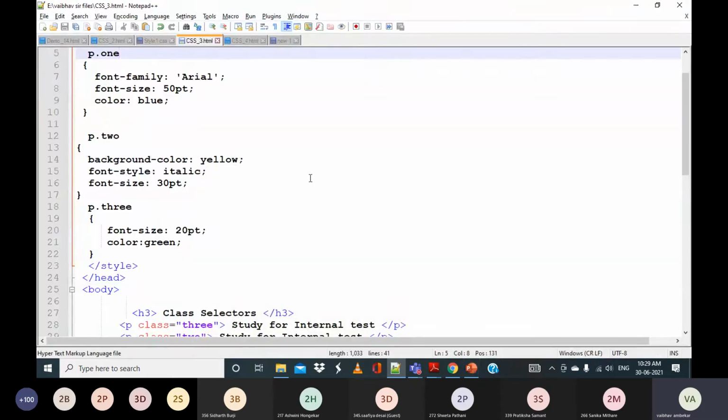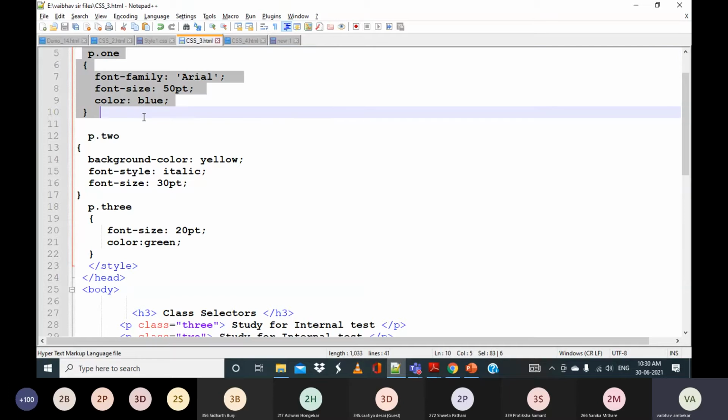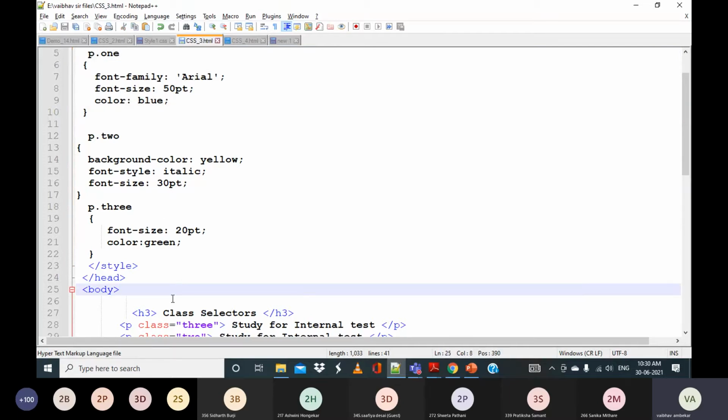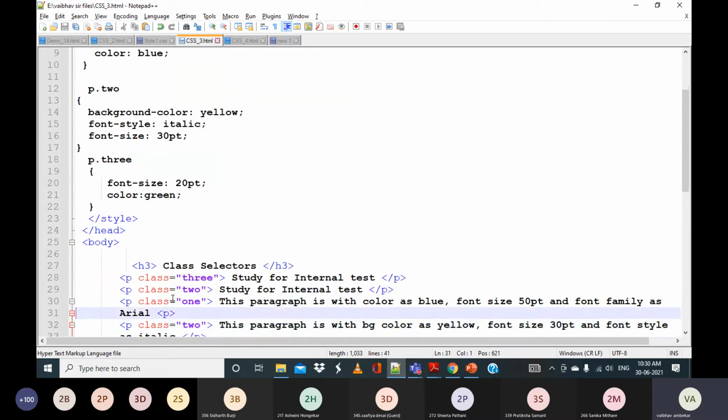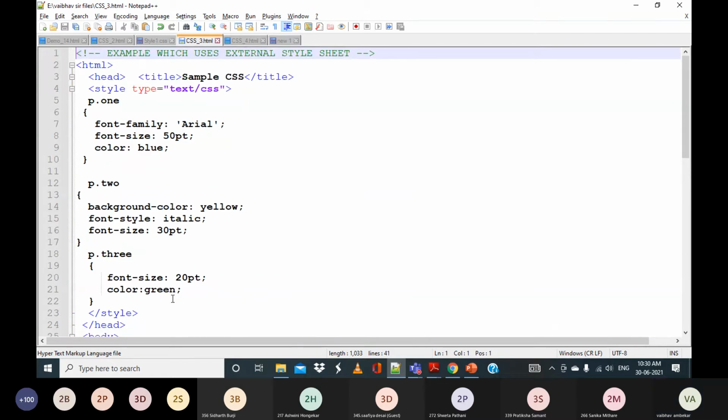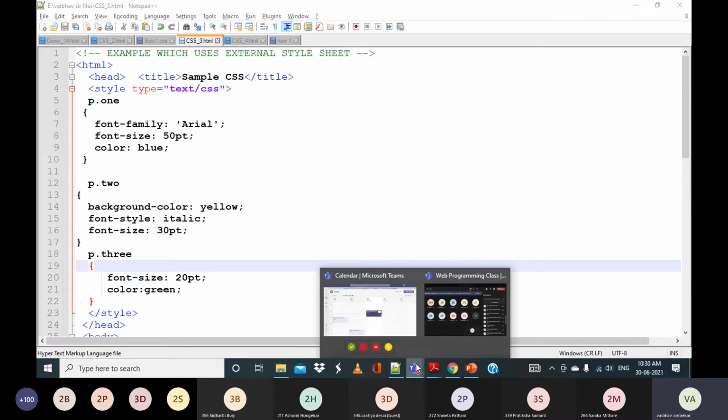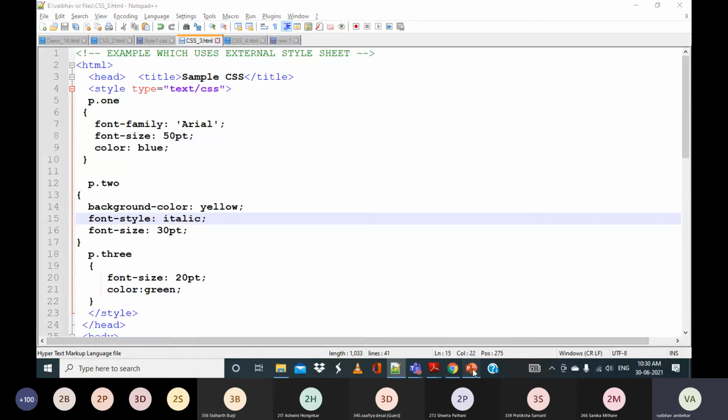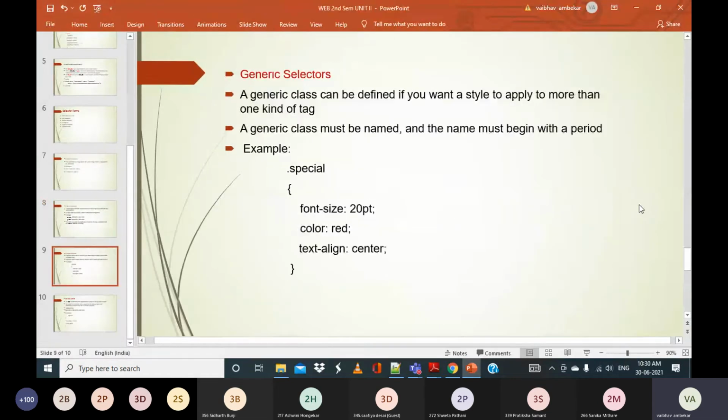And one simple example is like this. You can take p.1, p.2 and just write two paragraphs. That will be sufficient for 4 to 5 marks. If they ask you all the different types of selectors together for 10 marks, then you can write only one paragraph in that. Okay, now let's begin with the next type of selectors.